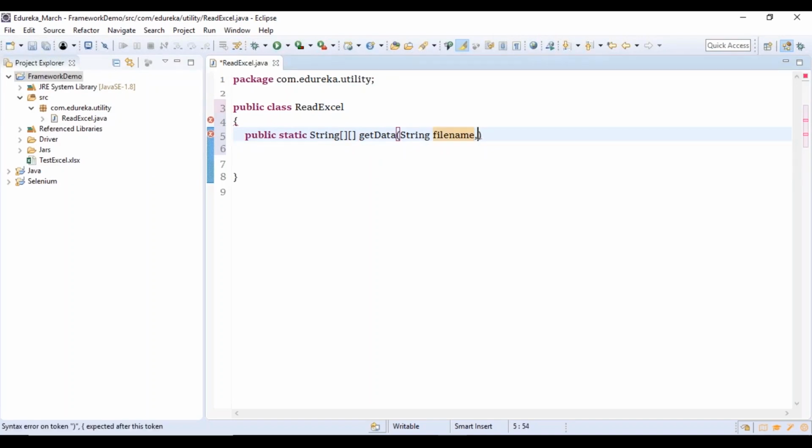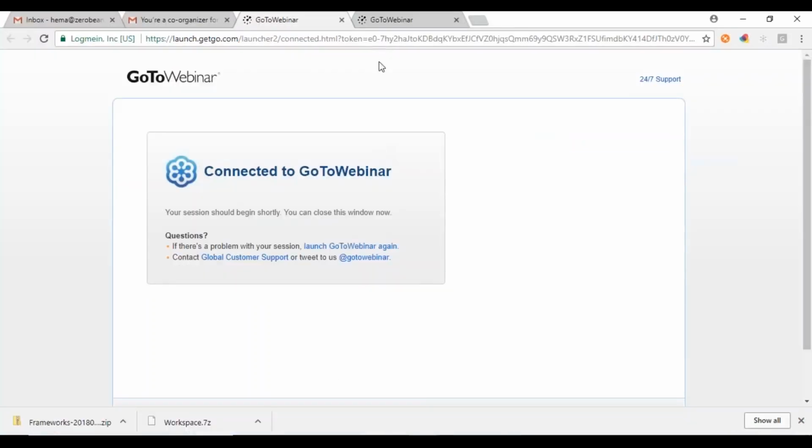Which sheet am I referring to? I'll tell you what this sheet name is, why we have to use this sheet name, and why we use this file name as well. Now, since this is an Excel sheet, an external file, one important set of jars that we'll have to use is the POI jars. What is this POI? This POI is nothing but Poor Obfuscation Interface, right? This is a jar file which we are going to use in order to work with our Excel sheet. You can download these POI jars from the Apache POI website.